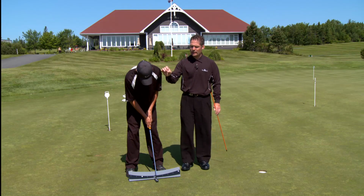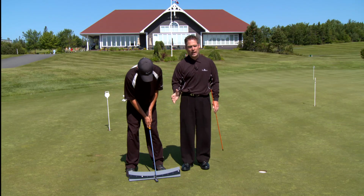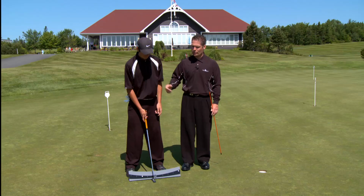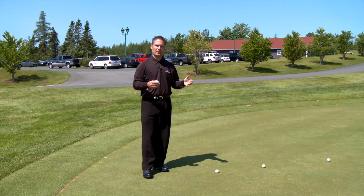As you can see, he's still listening for that golf ball to go in the hole. Any movement of our head or body will change the angle of the putter. Great stroke. One last thing that we want to talk about with regards to putting is reading the putt